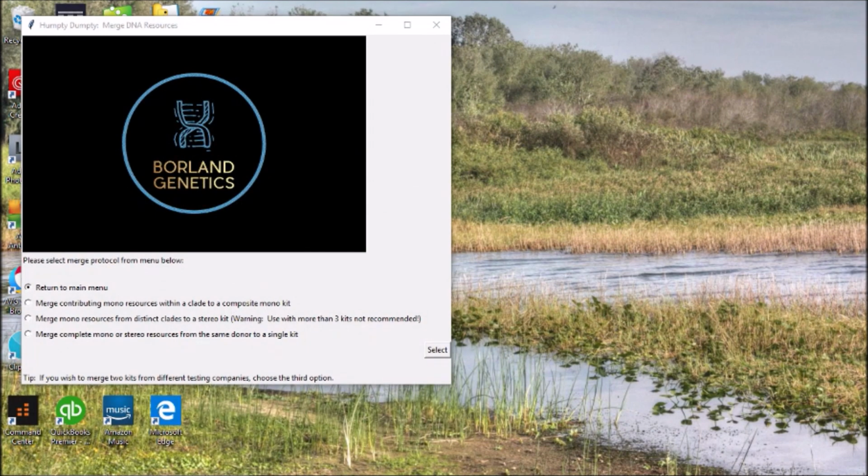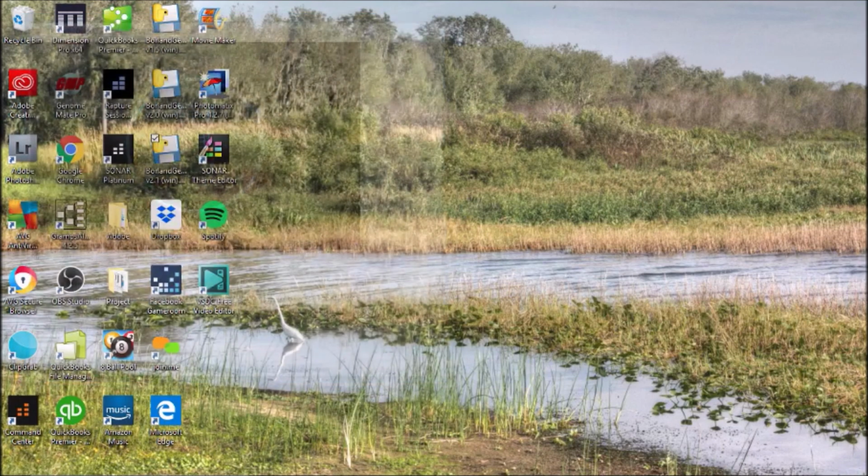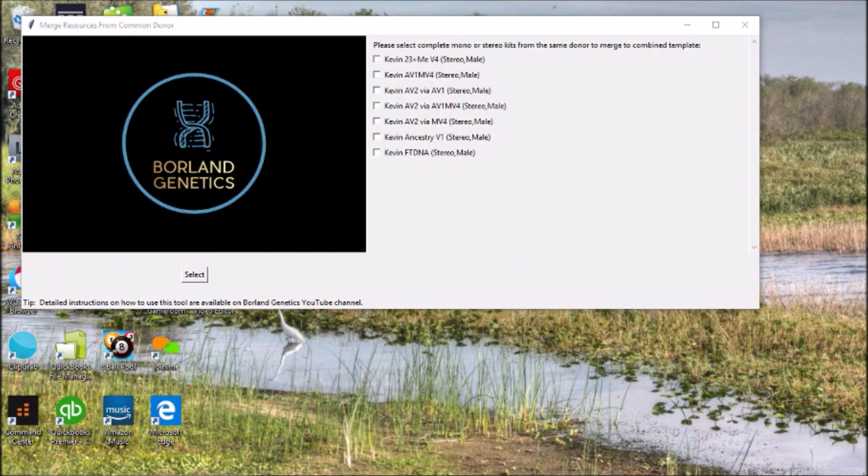Option 3, well, option 0 is return to the main menu, but as far as the 3 substantive options, this is the third one that you want to use. Merge complete mono or stereo resources from the same donor to a single kit. And I put on the bottom as a tip, if you wish to merge 2 kits from different testing companies, choose the third option. So let's do that, and let's select, I don't know, my